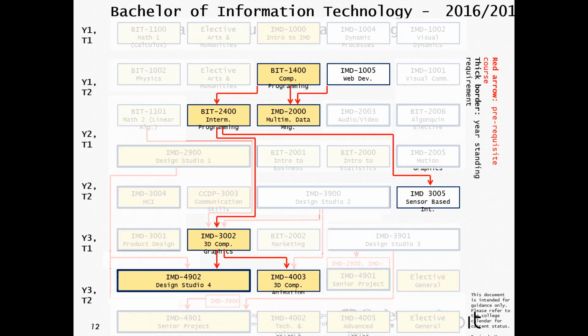So, by the way, in case you're wondering if this is important, this is for IMD, Interactive Media and Design, but your course requirements end up looking very, very similar to that. It is a cascading effect. I go from BIT 1400 to 2400. You may have a databases course in there, and then afterwards you go shuffling off to, I think it is,